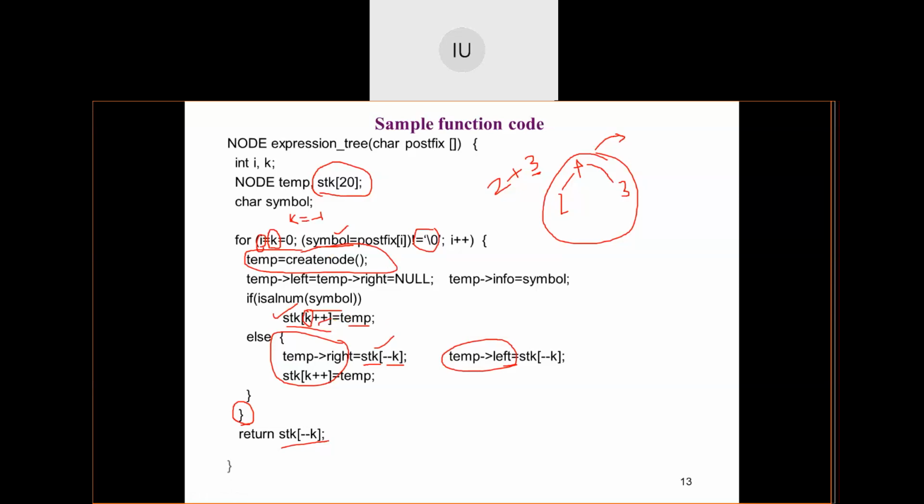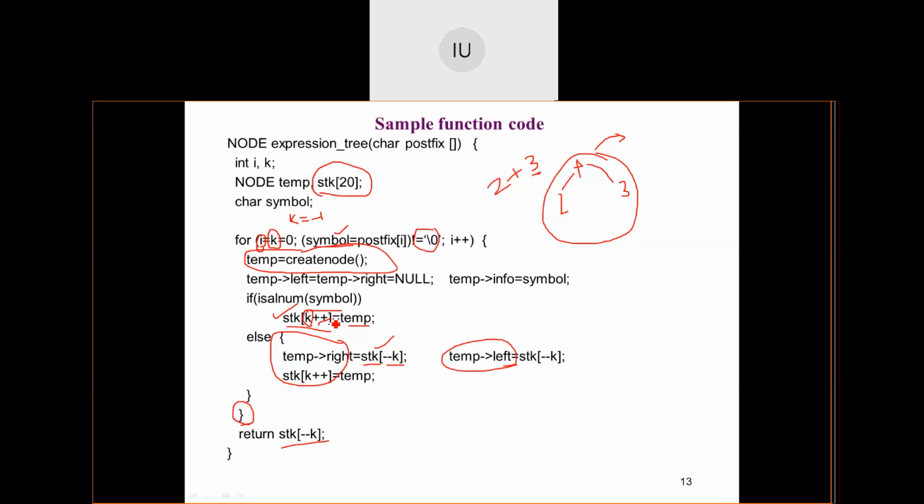Okay. This is the overall procedure for construction of the expression tree for the given postfix expression. And when you apply in-order traversal on this, you will get the infix expression. Can you try doing this as an assignment today?